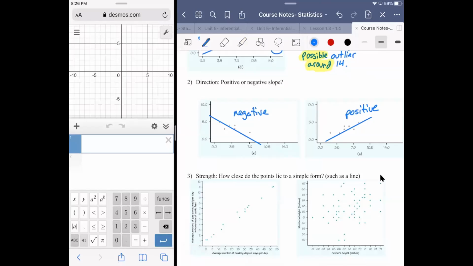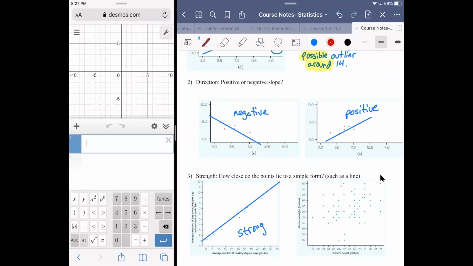Then we get into strength. I mean, you look at the two possible graphs, one of them, I think, is making a really good case for being a strong relationship. I kind of missed the mark there a little bit. There we go. Those, I would say that this is strong,